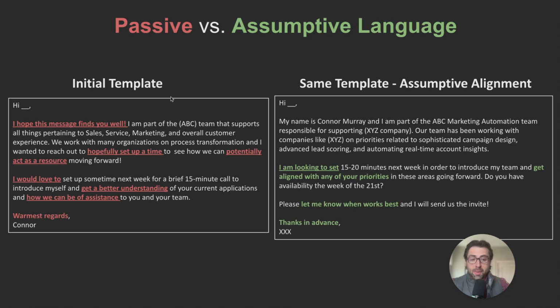More detail on how I'm concretely relevant to this person. And instead of "I would love to," this is what I'm talking about in the title with the one line that can dramatically improve replies. I have seen templates where I literally just change "I would love to" or "it would be great to," something passive like this, to "I am looking to set," more assumptive, and keeping everything else about the email the same, it will improve reply rates.